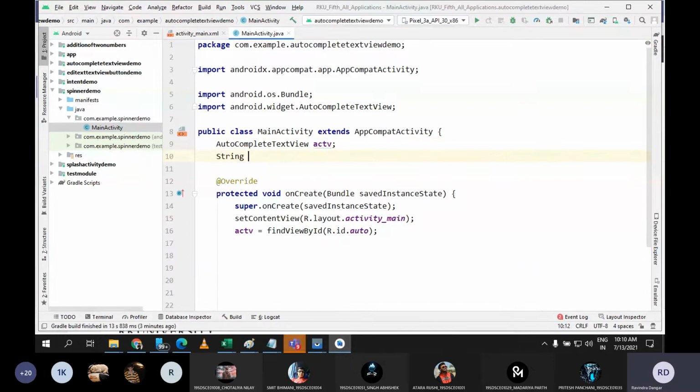Let's say a string array. Let me go with countries only. Again, let's go with the countries. And let us define a few countries here.